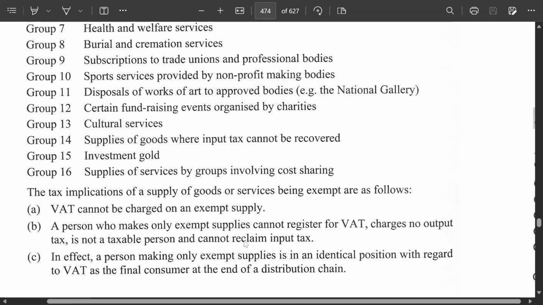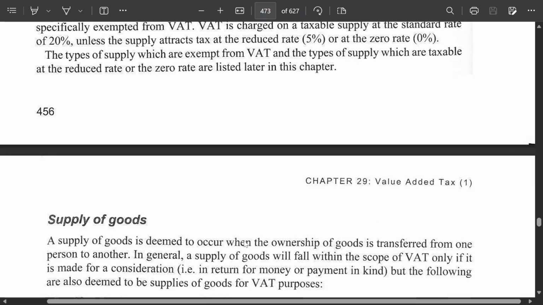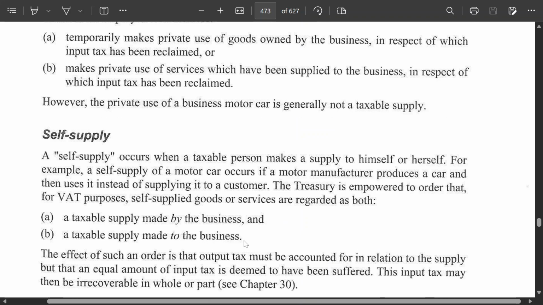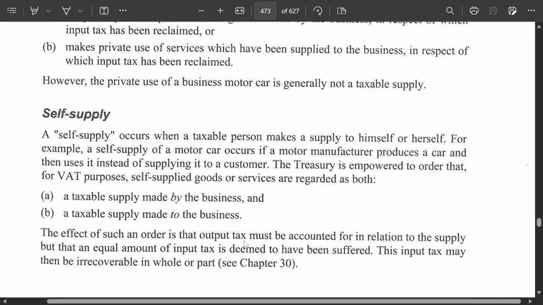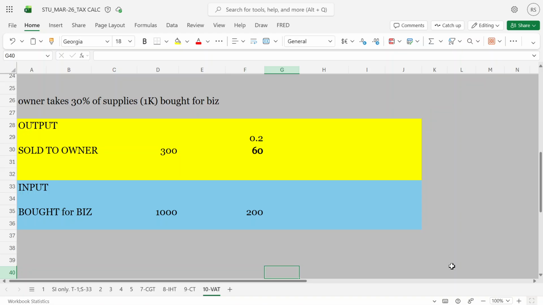Here you can see, yeah, self-supply, 457. Okay, so let me talk about this here. Self-supply is